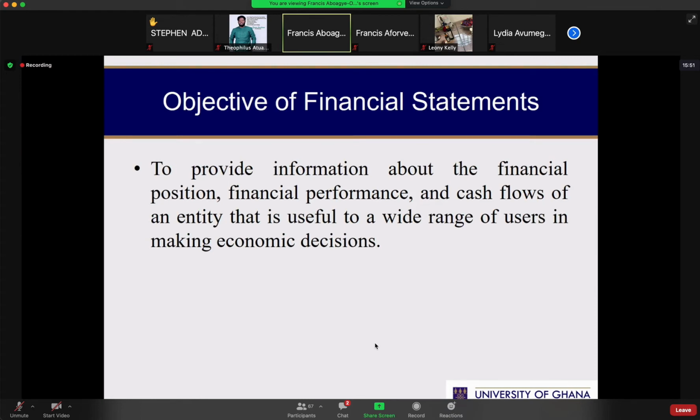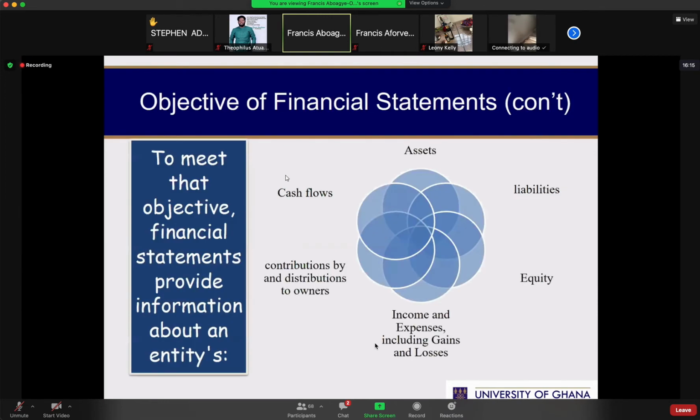Okay, it does not have anybody in mind or a particular user in mind. Now, if a particular user has resources, they can commission a special purpose financial statement. So this financial statement is available to all users and it does not intend for one specific purpose. So that's why it's referred to as a general purpose financial statement. Okay. Now, if we say there's a general purpose financial statement,